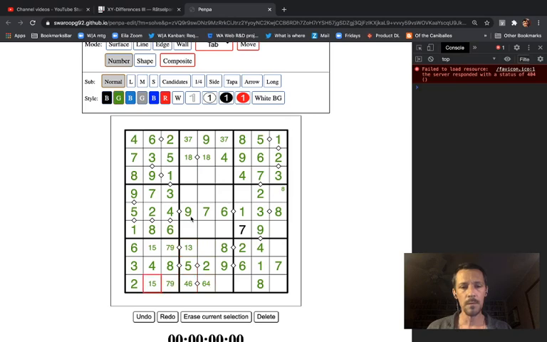Okay, let's see what else is left to do. 2, 4, 6, 8, 1, 5, 7, 9. And so all that's left to place in this bottom row is odd numbers. We've got a 1, 3, 7 already here, so this is going to be 5 or 9. 1, 7, 3, 5 or 9. And this, 1, 3 or 7. Well,